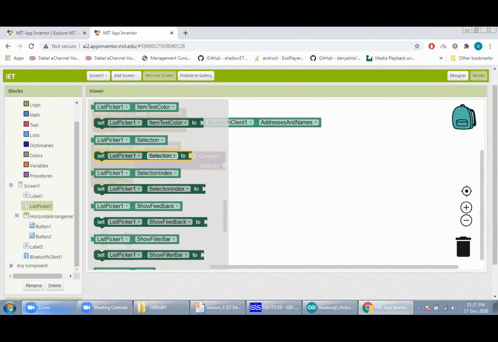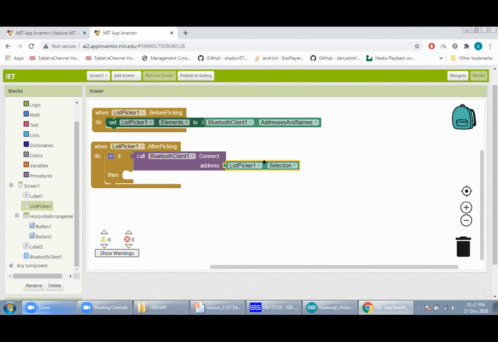List one dot selection. Okay. Then next, the other part you need to